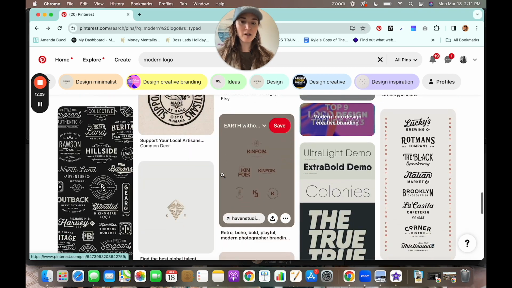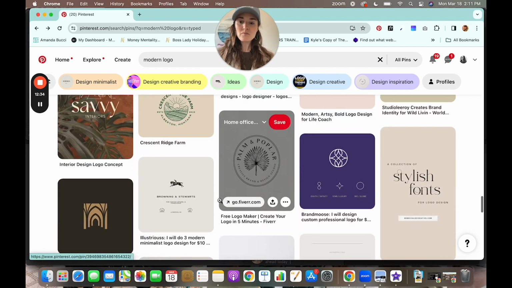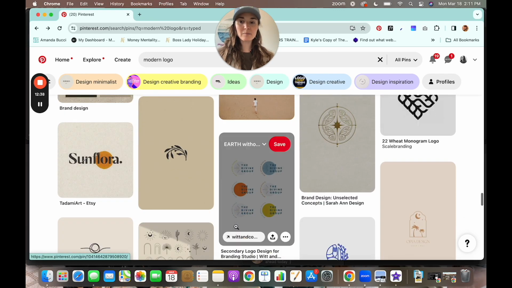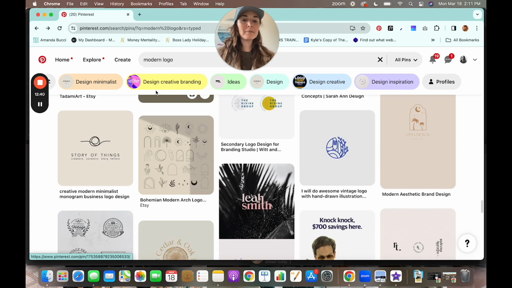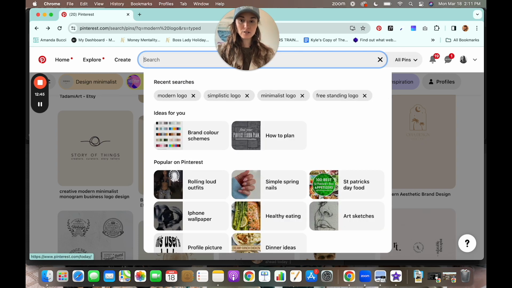What's their vibe? Does it need to be really professional, or can it be a little bit more playful? Does it need to be super clean and crisp, or can it be something a little bit more free-spirited and implied? So we'll get a feel for that. And then the last thing that I really like to look at is